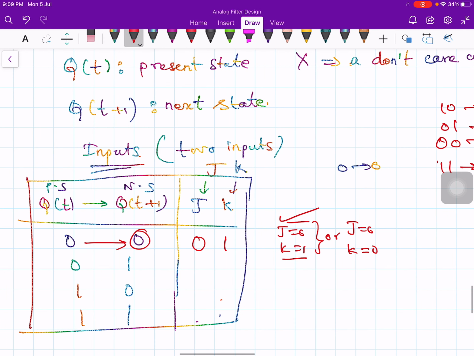And one more important point is 0 to 0 means no change in state. So I can have 0 1 or 0 0. So in the first column I have 0 0, no problem. But here 1 or 0, that means it is X. So therefore I replace this K by X. So K should be X. K can be 1 or 0, that's what it means. Therefore, J input must remain at 0 and the K input can be either 0 or 1.